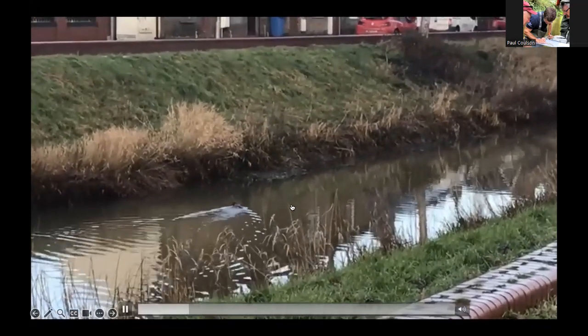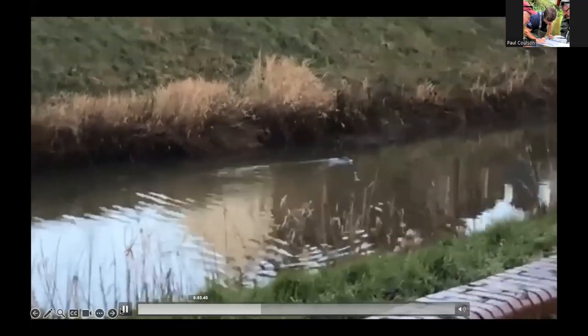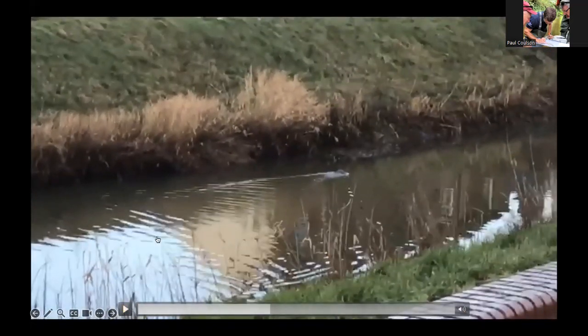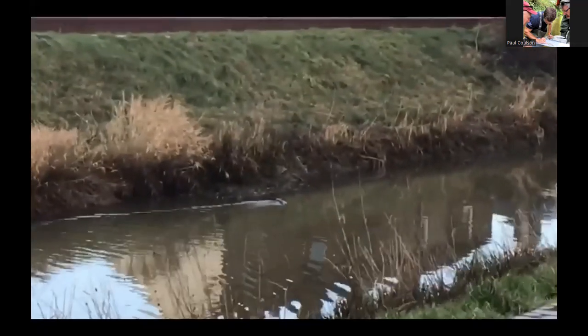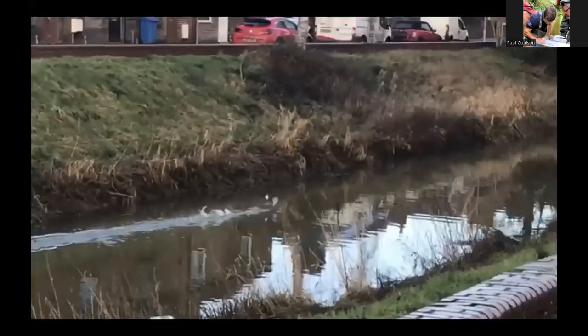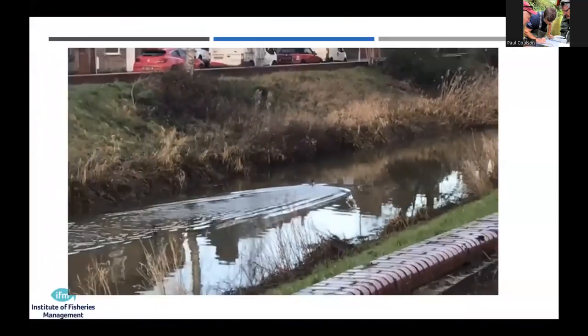I just wanted to show you what happens when you get rid of the habitat. So this is on my local canal. I'll just turn the volume down a little bit. This is a goosander feeding on a canal near me. What you maybe can't quite see is it's got a perch in its mouth that's probably about 12 ounces, and it's so big the bird can't actually take off.